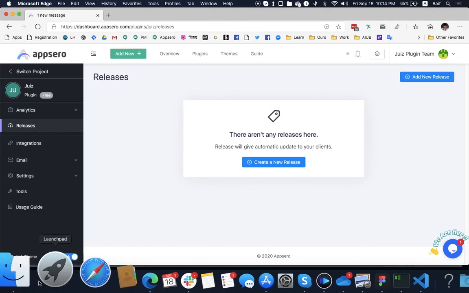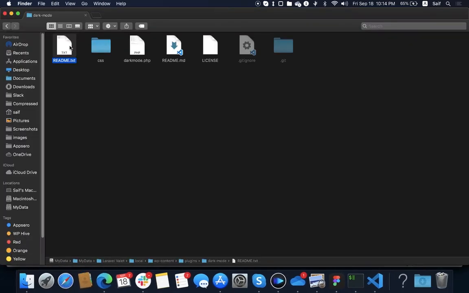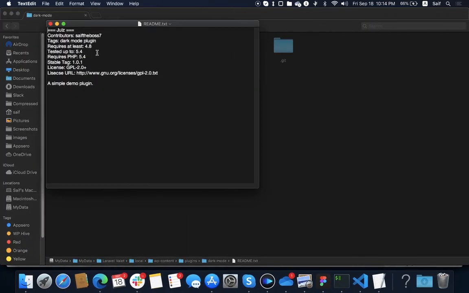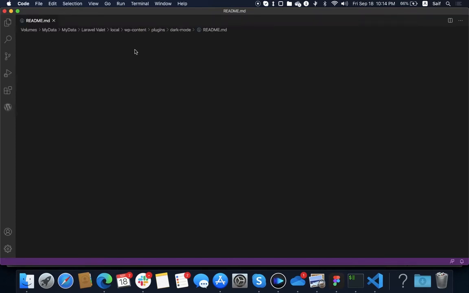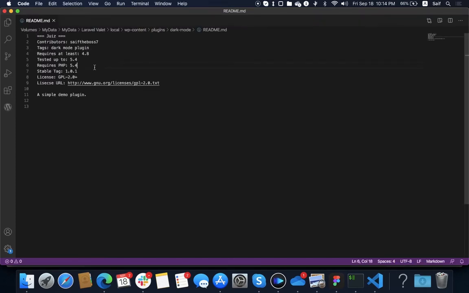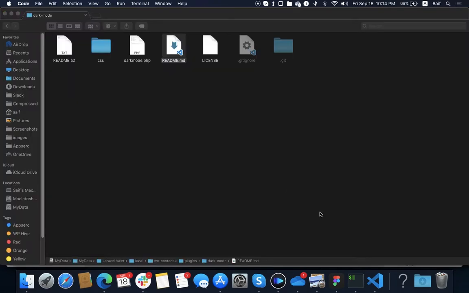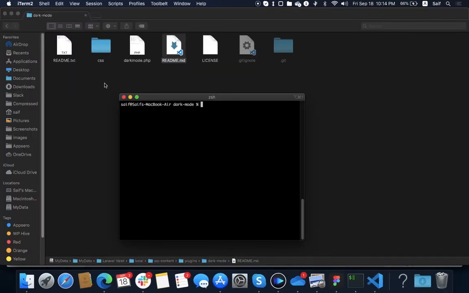It's a good practice to bump your version number in the README to the version you are releasing. My plugin is currently on 1.0.1. I'm releasing the 1.0.2 version from here. So I'm updating the README here, and if you have a readme.md, the markdown one, update it there also. Save it and then open your terminal and